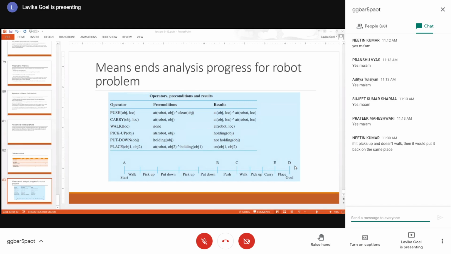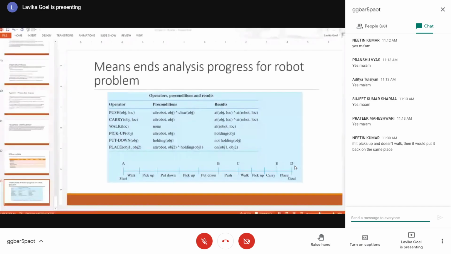So another pickup cannot happen unless the robot arm is empty. So it has to put down that object. Then another pickup. So that is why for 2 objects, 2 pickups. But when it is picking up in the second, I mean in the C2D states, when you are trying to minimize the difference, at that time when it is picking up, it's basically picking up both the objects and putting them on the table. So it can basically pick up both the objects at one go and place them on the table. It can carry them and finally place them on the table.